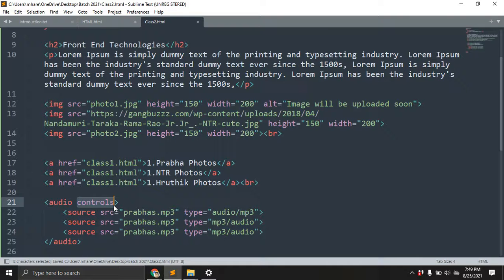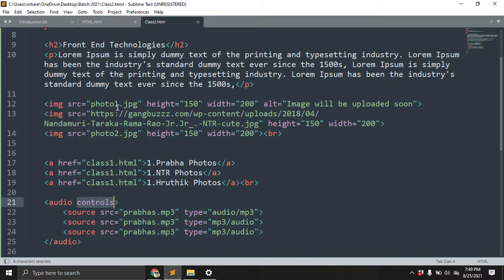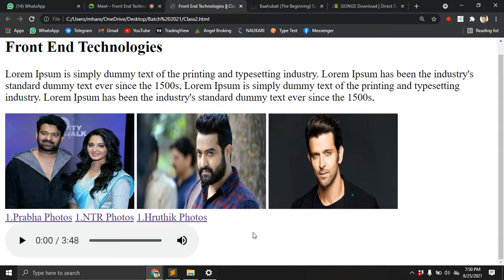Okay, let's save, refresh. You can see it should be the same, right? I think the audio songs will all be audible, right? So just need to paste. Let's save, refresh. Wait a second.